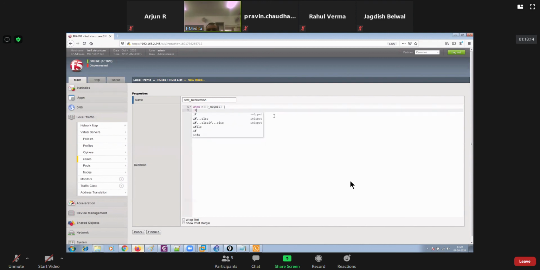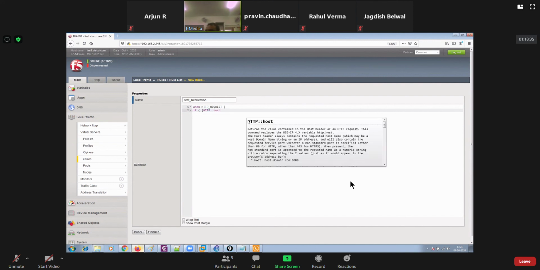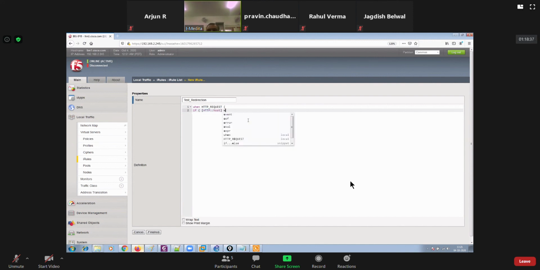So it says if, bracket start, HTTP host, or maybe HTTPS, it's up to you, right? HTTP host equals www.facebook.com, right? Bracket close, bracket open.